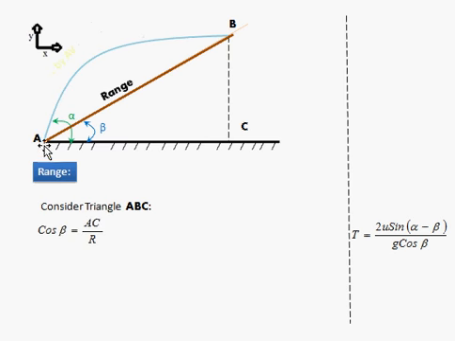Now since we are moving into this consideration, utilizing this beta, AC represents the adjacent side to this angle, so we can use the cos. The adjacent side here is AC and its hypotenuse side is the range R, and the range is represented with R here. So what we need is R. Taking R to one side and cos beta to the other side, we get like this. And now we need to know what is AC. In order to know the AC, we have to follow simple logical steps.